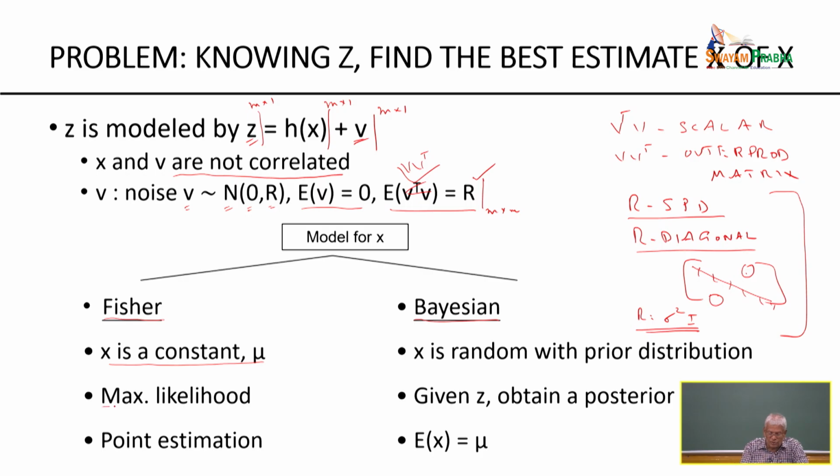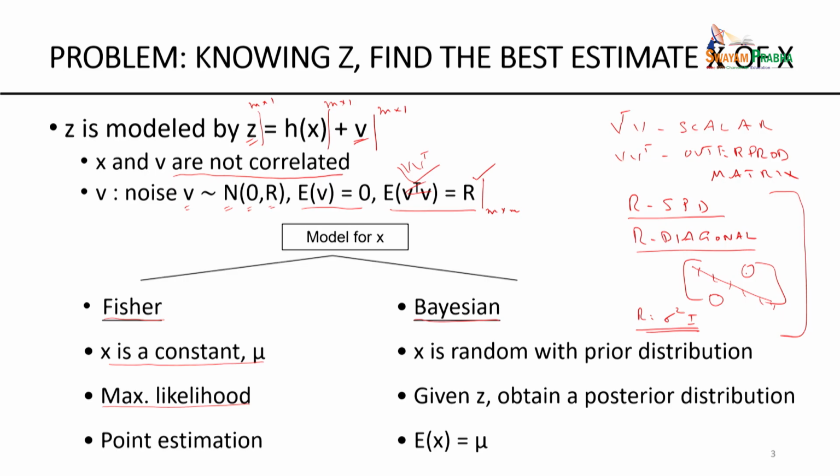Fisher introduced the notion of what's called the maximum likelihood method to be able to estimate this unknown constant, and it relates to what's called point estimation. Because if x is a constant vector, mu is a vector belonging to Rn. It is a point in the n-dimensional space, so it's called point estimation. So in the Fisher school, the parameter is assumed to be constant but unknown. It relates to point estimation, and he developed the method of maximum likelihood, which you are going to introduce very quickly. So this is the Fisher school of thought.